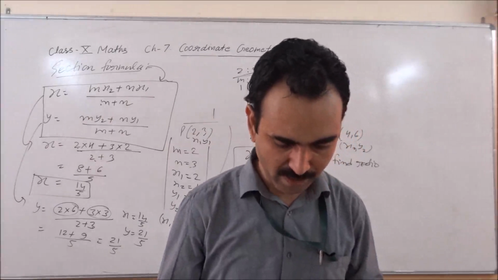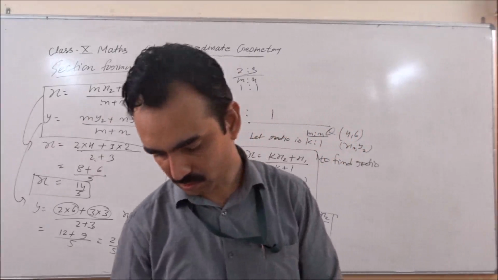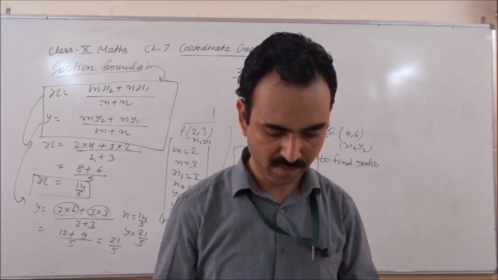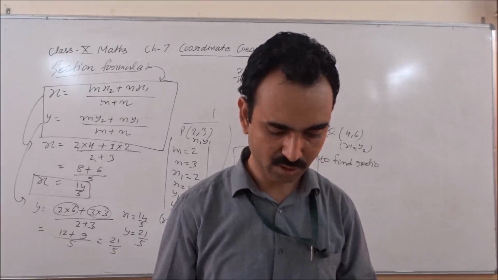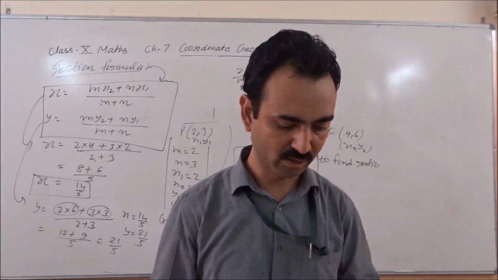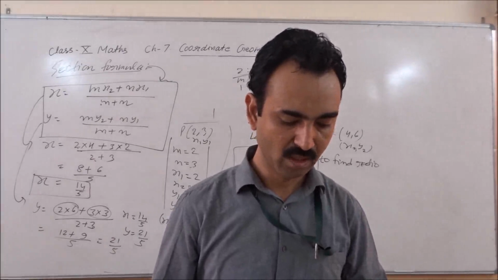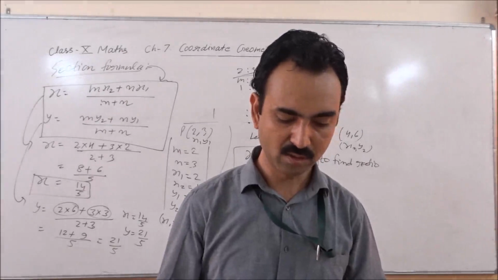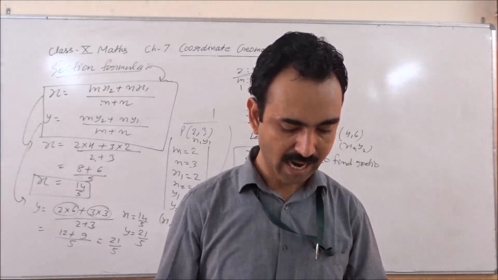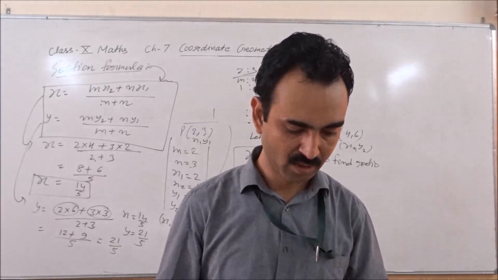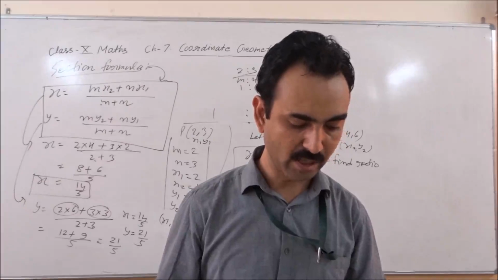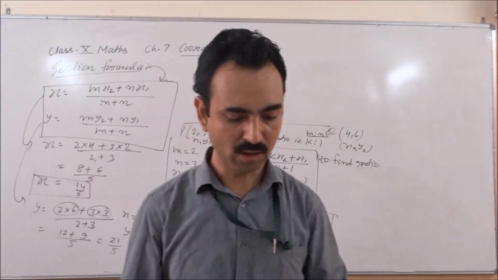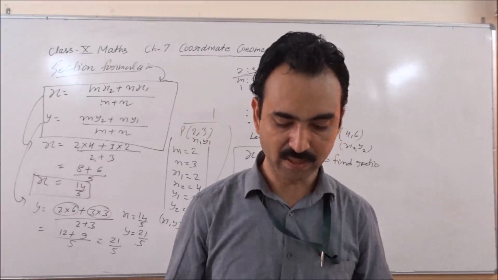And now you will practice your questions. If you have any problem, then you can see the examples. Examples are very interesting questions. I would advise you first to read the examples and do the questions in your copy along with the examples, and then solve the questions of the exercises. And yes, the last topic, area of triangle, is not in our course this year, only this year, right? So we are not covering this one here, and this chapter is complete.